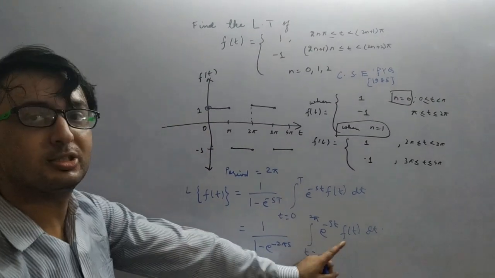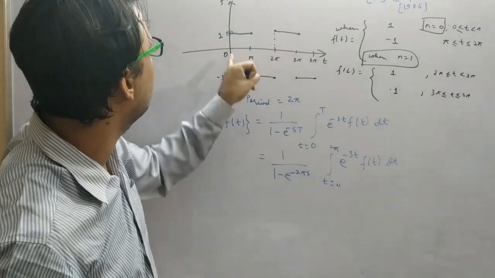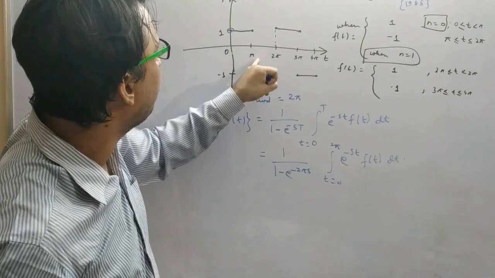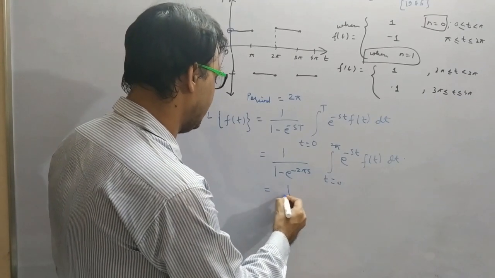We have to break this into two components. Why? Because the value is changing from 0 to 2 pi. From 0 to pi, the value is 1. From pi to 2 pi, the value is minus 1. So if we further bifurcate, our